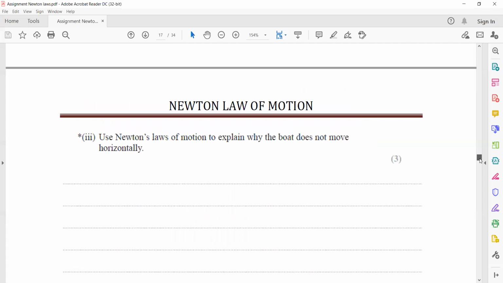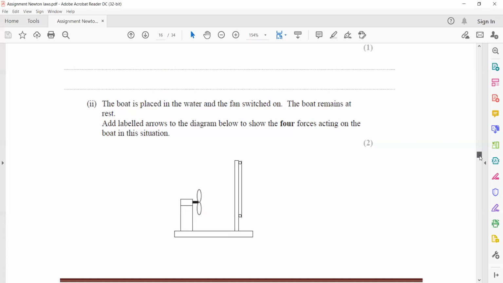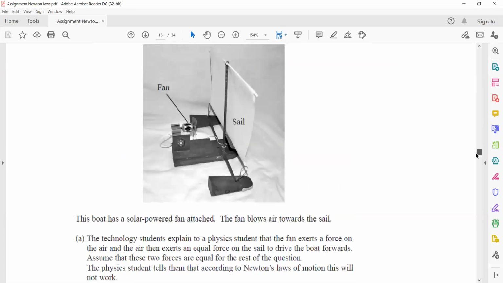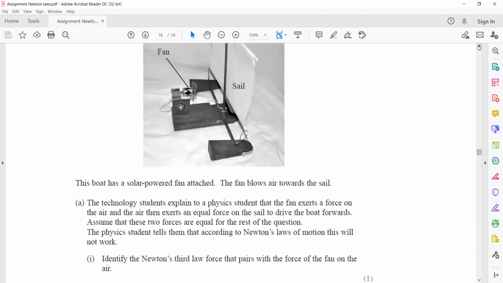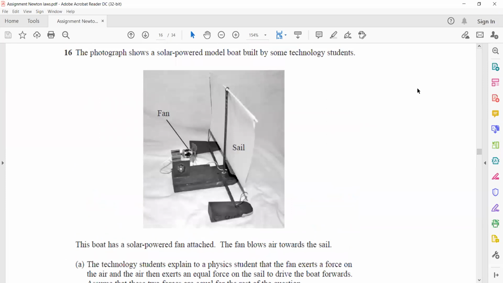Use the Newton laws of motion to explain why the boat does not move horizontally. So why does this boat not move horizontally? It should move according to the technology student, but according to the physics student, he suggests it will not move. So using Newton's laws, we have to explain why it does not move. Basically what happened,